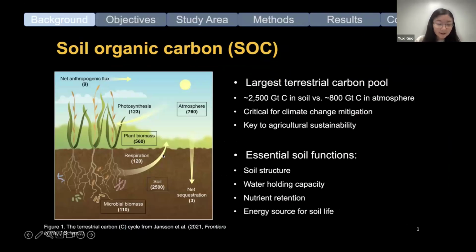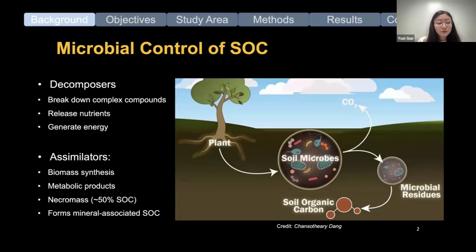Okay, as you may already know, soil organic carbon is very important. It represents the largest terrestrial carbon pool, containing roughly 3 times more carbon than the atmosphere. Beyond the carbon storage, it's fundamental for soil health and agricultural productivity, supporting crucial functions like maintaining soil structure, water retention, and nutrient cycling. And soil microbes such as bacteria, fungi, and archaea play significant roles in regulating the